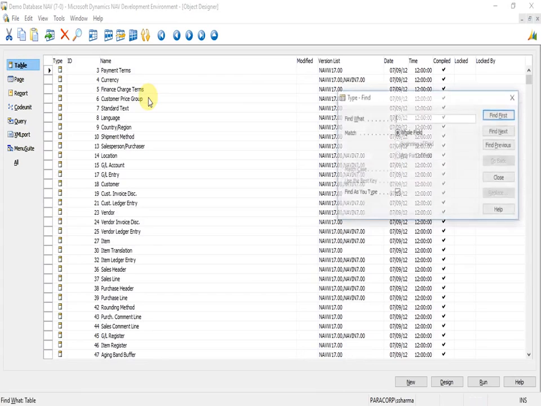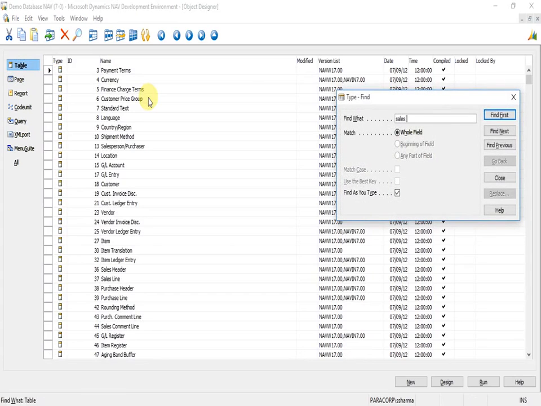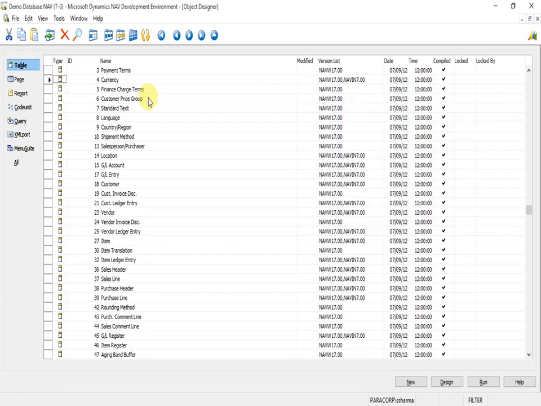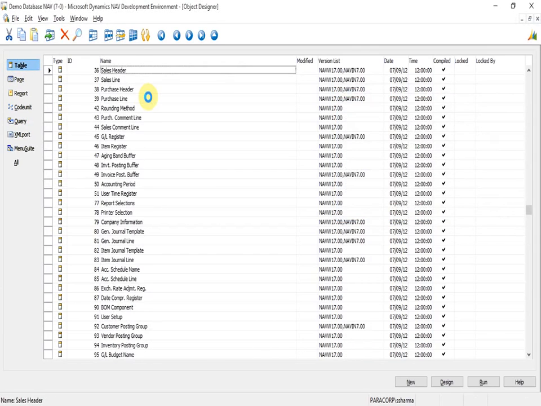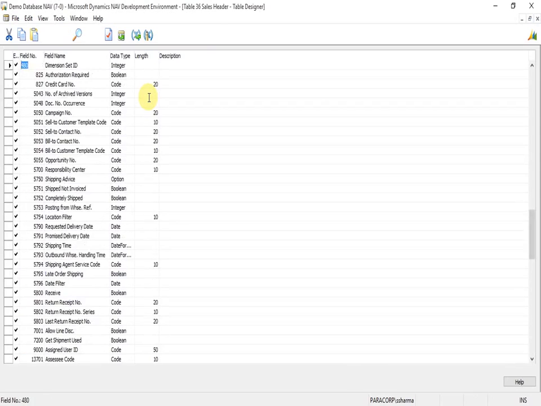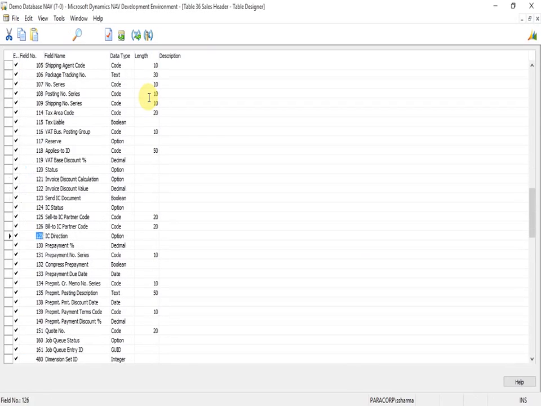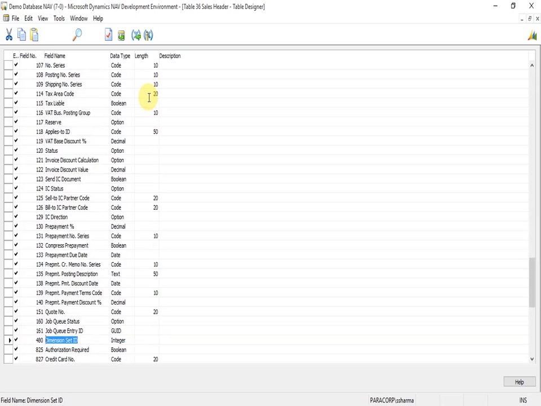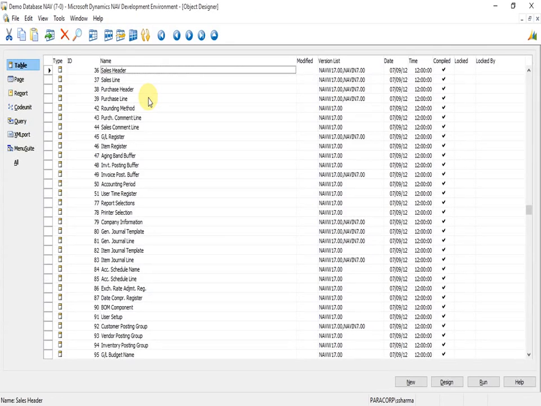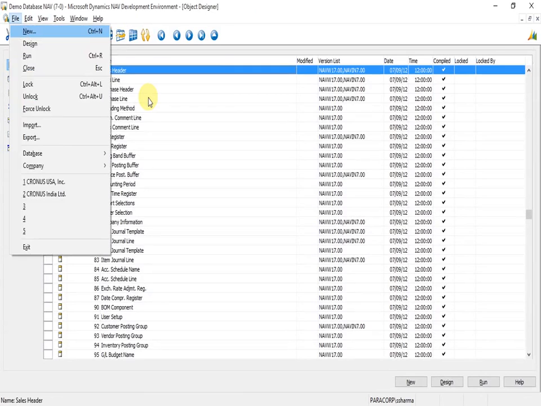So this is the standard version that we have installed. Now when we go to the sales header, we can see that a new field, the Dimension Set ID, is used here. So we have to merge this Dimension Set ID into our 2009 database that was just converted to the 2013 version. So we can export this object, that is the sales header object,